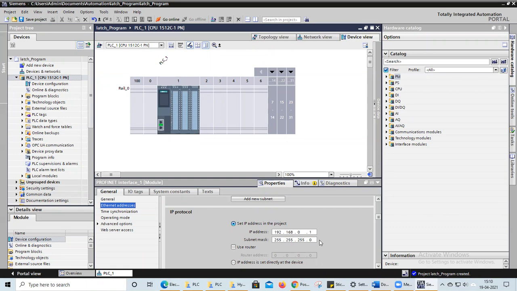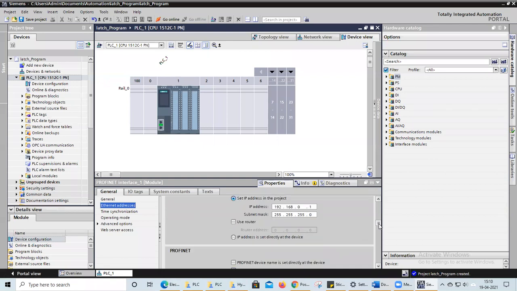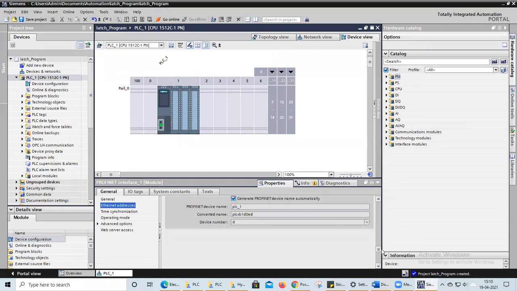We need to know the IP address of this particular CPU, because n number of CPUs may be working with our PC. We need to know where our program is downloading and which CPU is working with us, so that we can know the IP address of this CPU. We can change the IP address also for this CPU. Okay, there's an option to change the IP address.